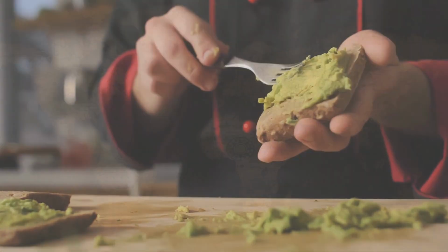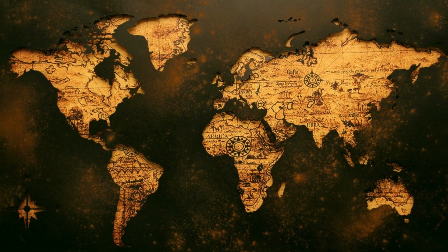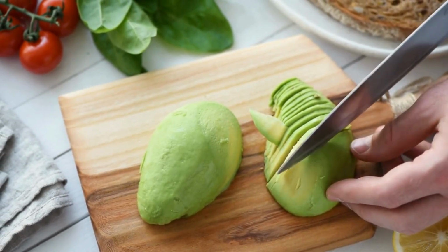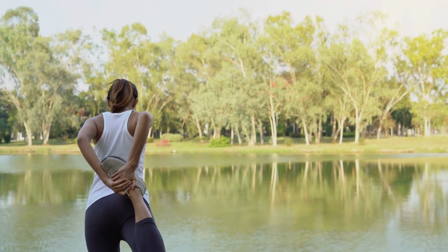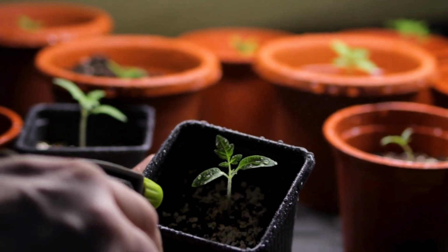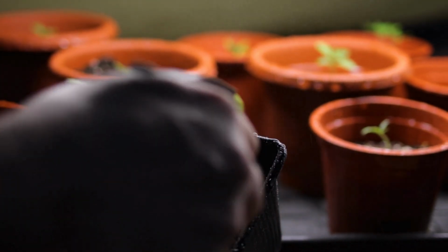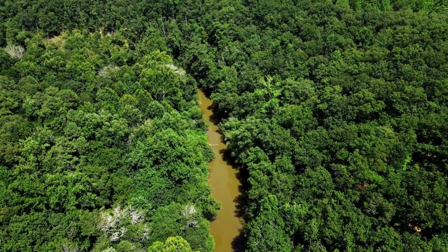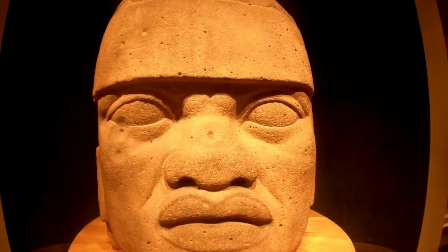Fast forward to today, and I want to find out a lot more about this fruit. Where do they originate from? Are there different types? The culinary uses, specific health benefits, and is it possible to grow them at home? Let's find out. The avocado's journey traced back to the heartland of south-central Mexico, where ancient civilizations like the Olmecs